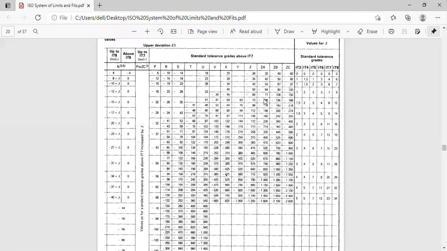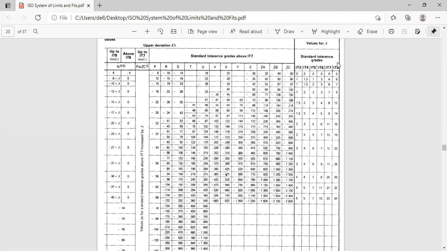The second method also can be followed, but if you are not taking the right value here in the table, then the whole problem will go wrong. And already I told you, if it is for the clearance fit, you will get transition fit, and if it is a transition fit, you will get the interference fit. The fit will change. So you have to take the appropriate value from the table, according to the diameter step or according to the alphabet represented from P to ZC. P to ZC will be the upper deviation for the hole. So that is very important.